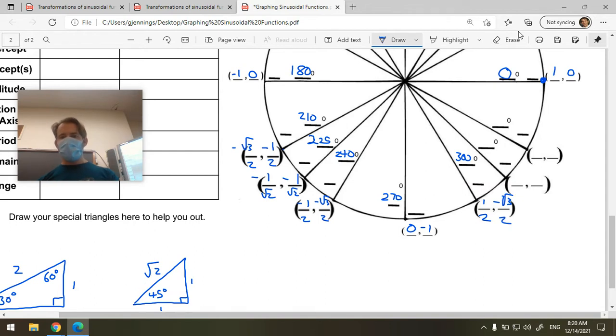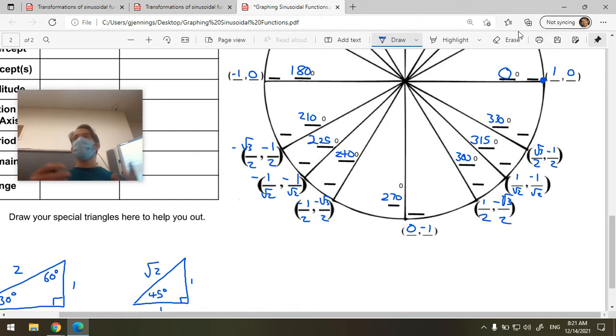This one is 315. And it has 1 over root 2, negative 1 over root 2 as its sine and cosine. And then this one is 330. And it's negative root 3... Oh, no, it's not. It's positive root 3 over 2, and negative 1/2. Okay, so now we have all of the special angles labeled onto our unit circle, and we